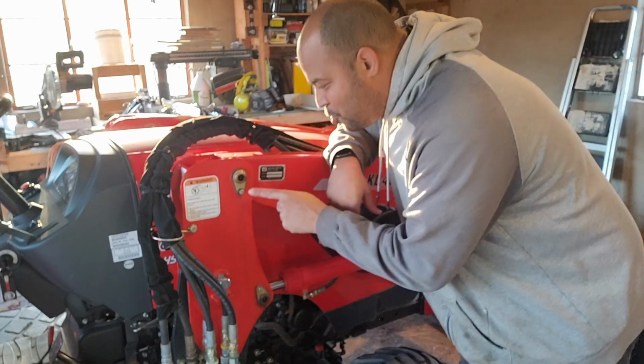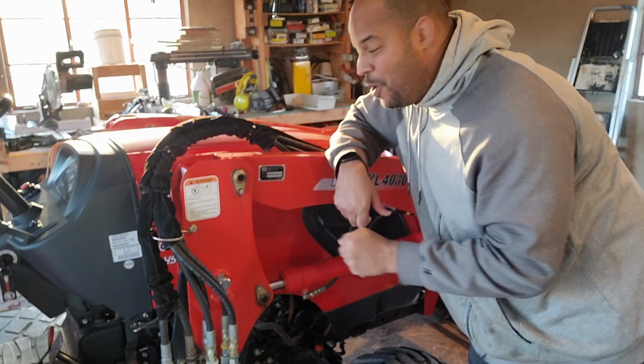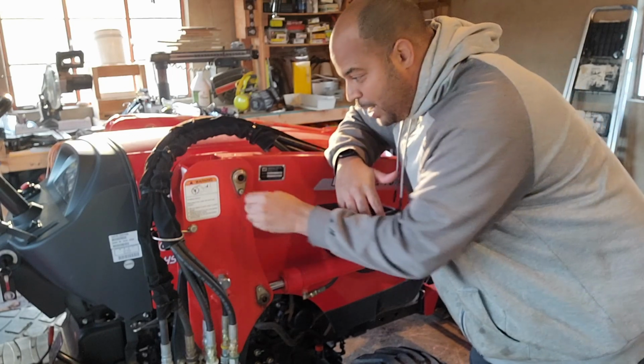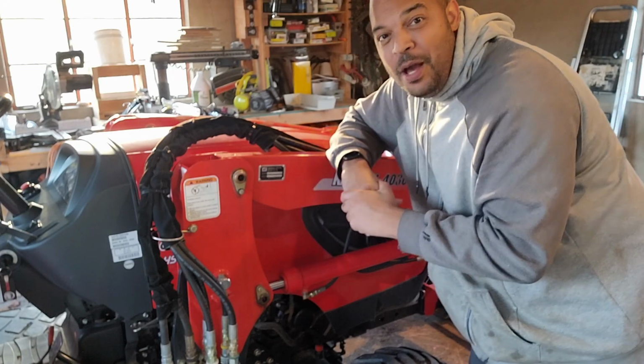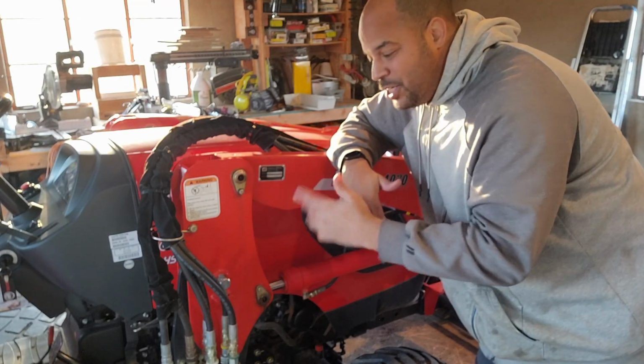And then also, something to look out for, these screws. I've had a few of these bolts back out before. So when you're going around and doing this, take a look at some of these and make sure they're not backing out. Because I've had two or three back out on me before,